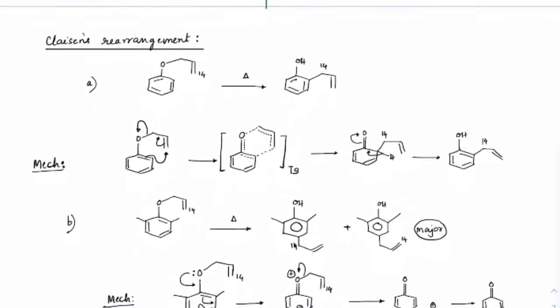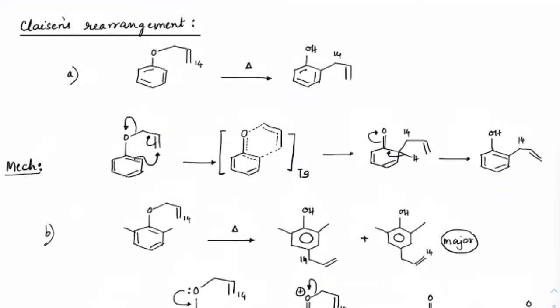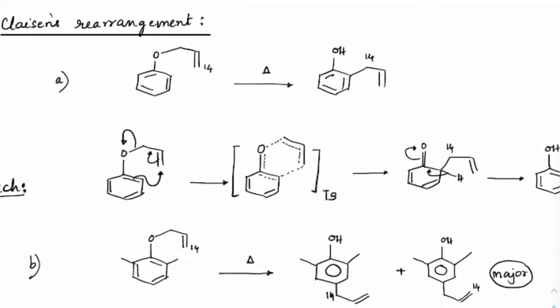Correct? Last thing, we have already learned about Claisen rearrangement. In anisole, during anisole we have learned this already. So let me revise, and one important case we need to check out, we will focus on that. See here, what we have seen in Claisen rearrangement is that if we have an allylic position with the oxygen here, you can see this is an allylic carbon, right? Then on heating, either the ortho position or para position will get rearranged and you will get this product.